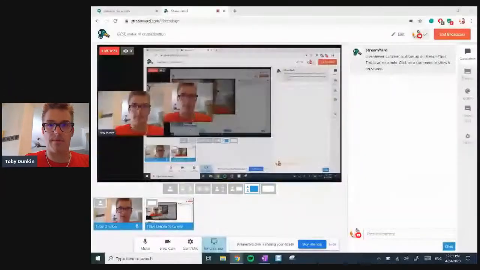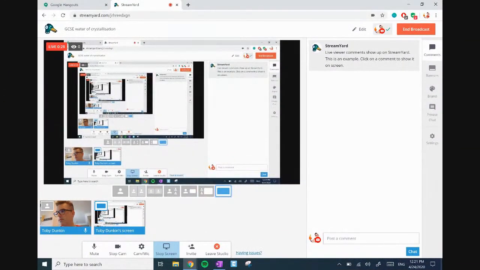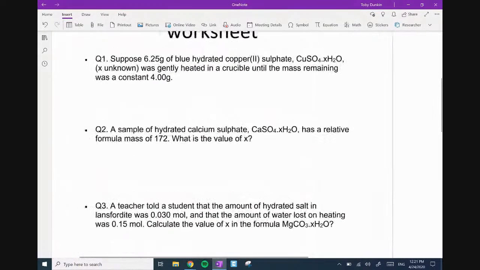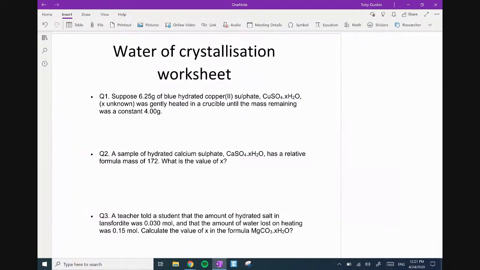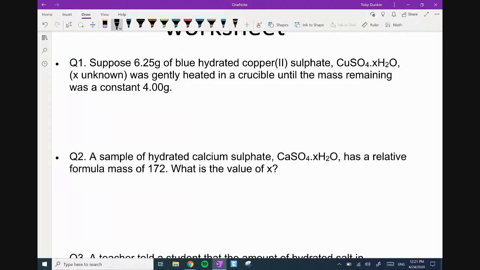So let's drop there, share screen, go on to this one, hide. Okay. So this was the worksheet that I set out. I created the questions just to make it a little bit easier for you guys. So I've got my calculator at the ready. Question number 1. So I set these as just additional work to help reinforce water crystallizations. So we've got